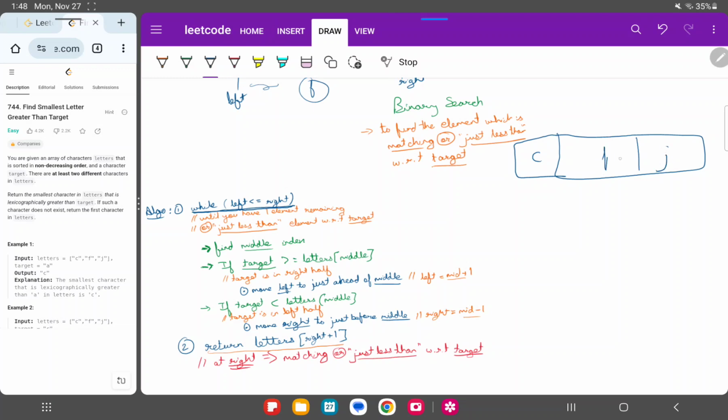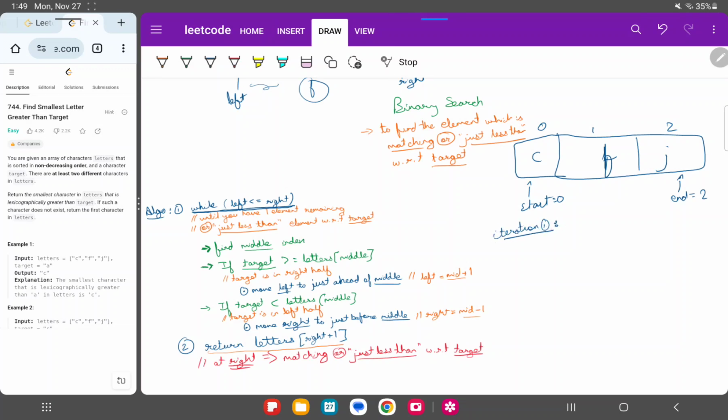C, F, J. This is the start. Start is equal to 0. And this is the end, which is 2. This is index 0, this is index 1, and this is index 2. So in iteration 1, when we're doing the first iteration,